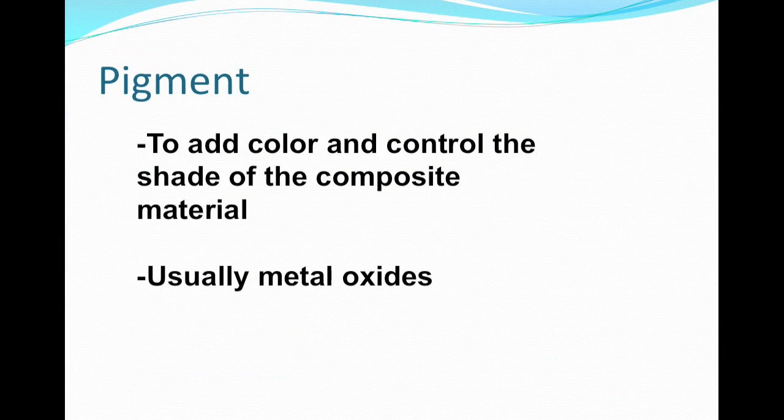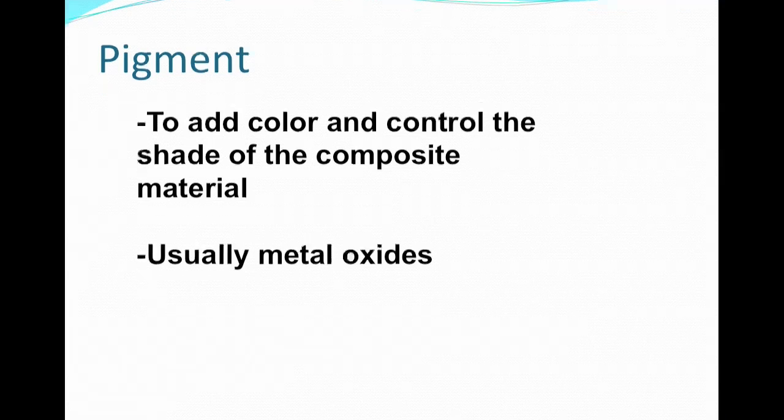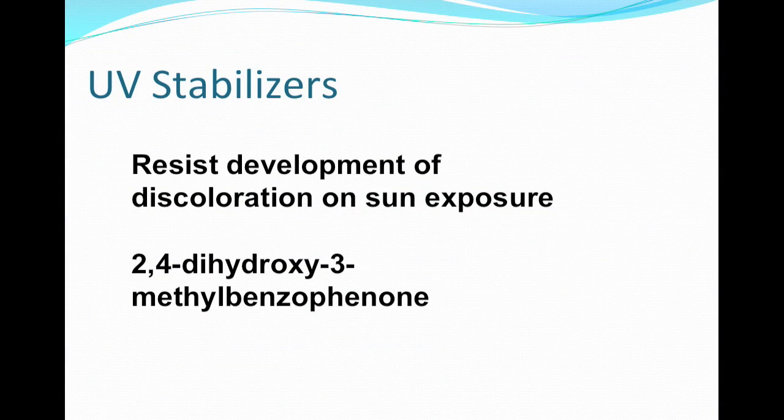Next thing is the pigment. Quite important, of course, because aesthetics is an important part of composite resins and an important advantage over its predecessors, older composites as well as amalgams. So with pigments, we can add color and control the shade, and we usually now use metal oxides to facilitate that. UV stabilizers resist the discoloration on sun exposure, and this is an example, the molecule down below, but you don't really need to know that,